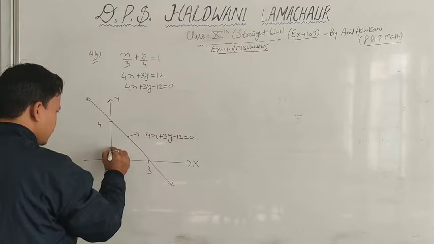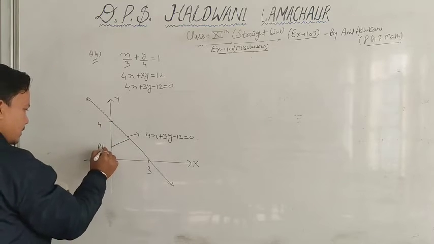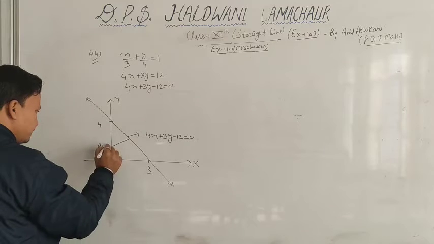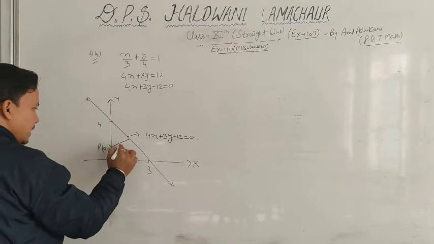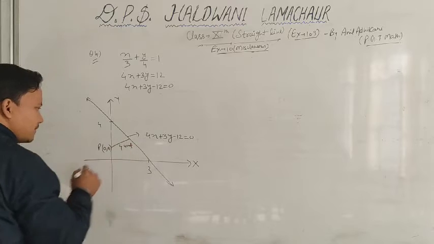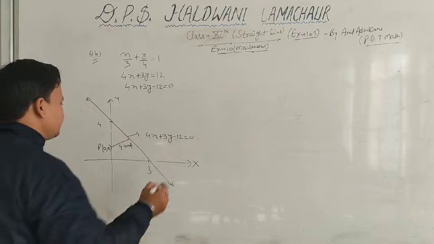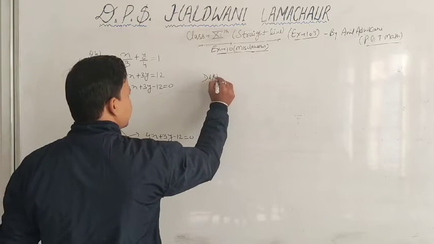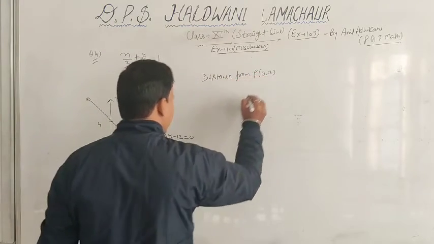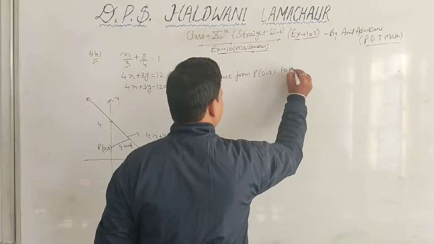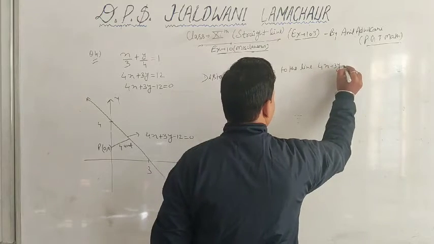So let the point be here. Suppose, because I don't know where the point is, this point is P. Since this is on the y-axis, the x coordinate will be 0 and let the y coordinate be A. The distance between the point and the line is 4 units. It has been given. So now we will apply the distance formula so that we can easily find the value of A. So the distance from point P having coordinates 0, A to the line 4x plus 3y minus 12 is equal to 0.